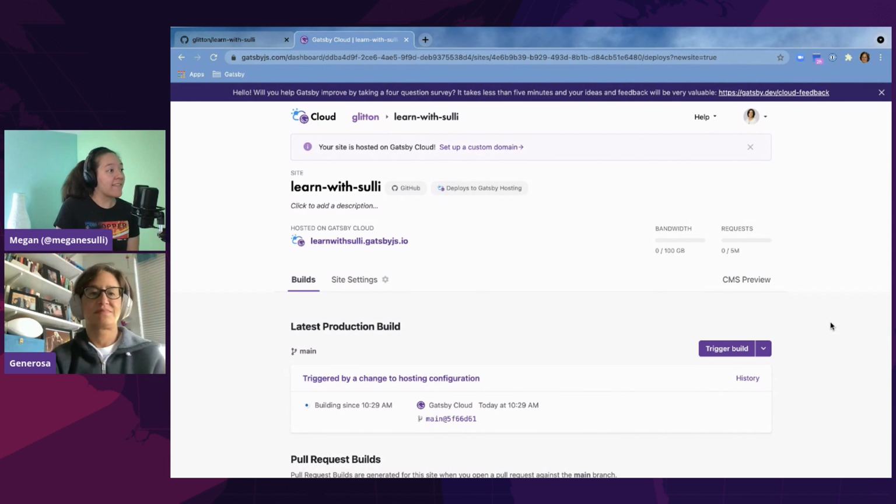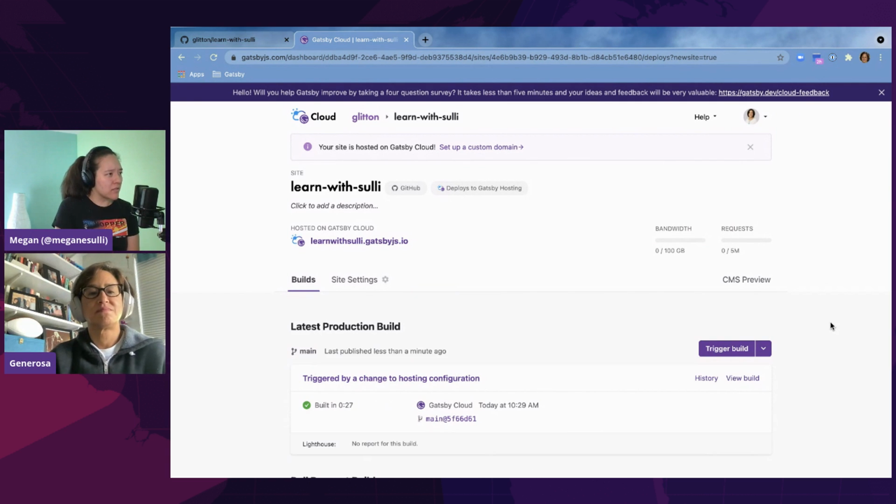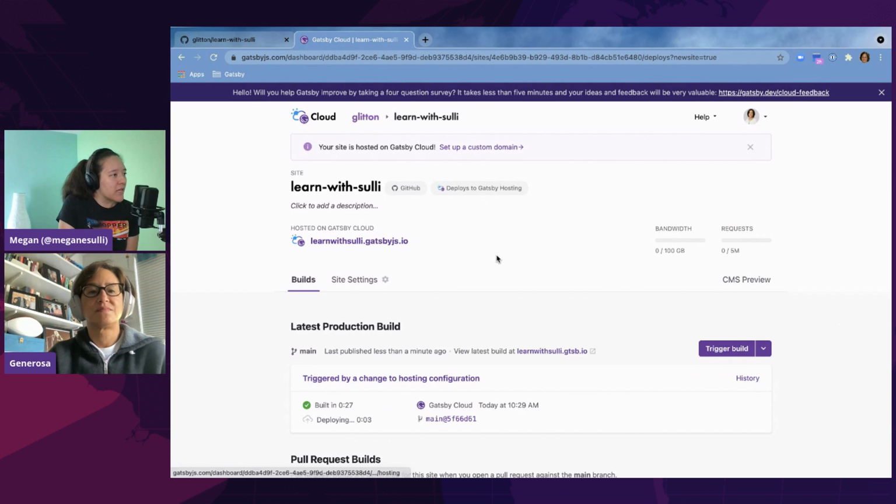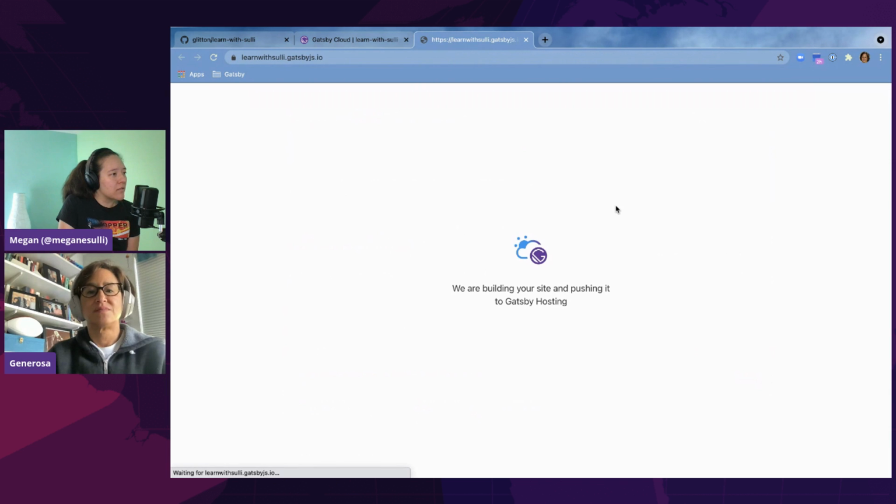Cool. And then the other cool thing that happens now, we've got Gatsby hosting, so you can actually also host your site from Gatsby Cloud. So let's see. Oh yeah, it'll be that purple URL under where it says hosted on Gatsby Cloud. This one here? Yeah. If you click on that, it might not. Okay.